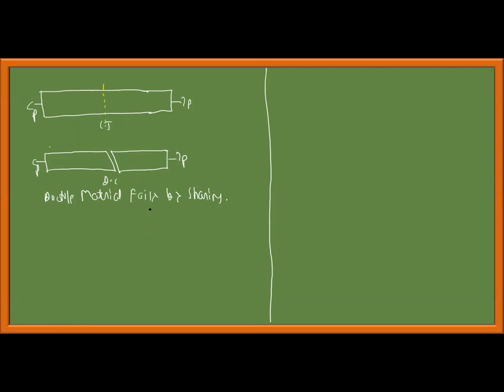But how can you say? We have to know which stress is maximum, which stress is minimum, which stress is leading to failure. Okay, that all we should know. So in order to know the maximum stress induced in the material: in plane stress, when I discussed, it was a combination of shear stress and normal stresses, sigma x, sigma y, and tau xy. But in order to know the maximum normal stress and maximum shear stress,